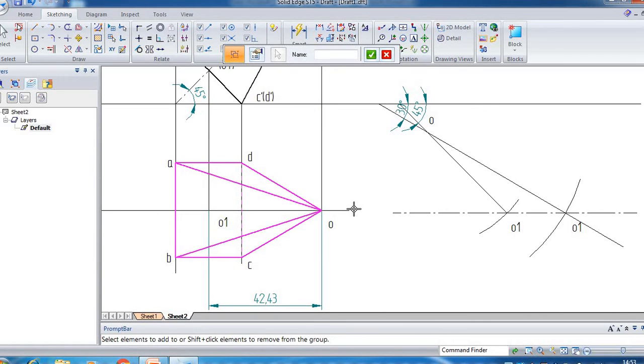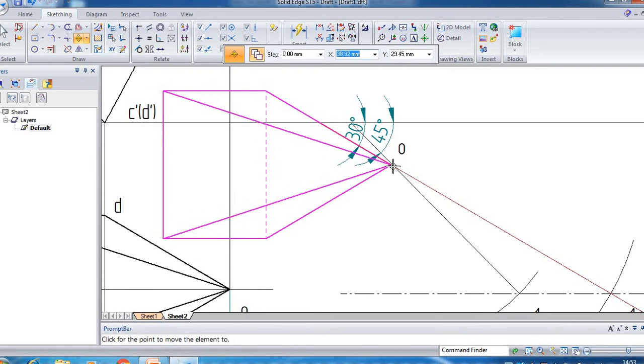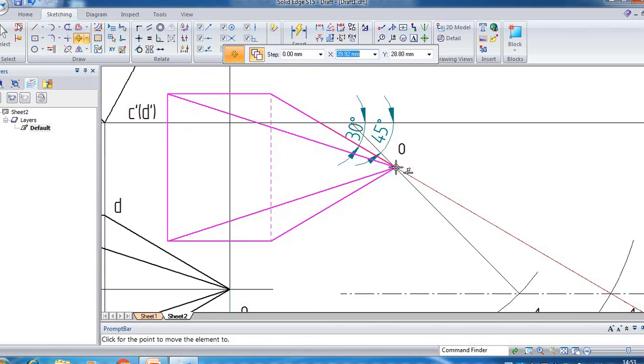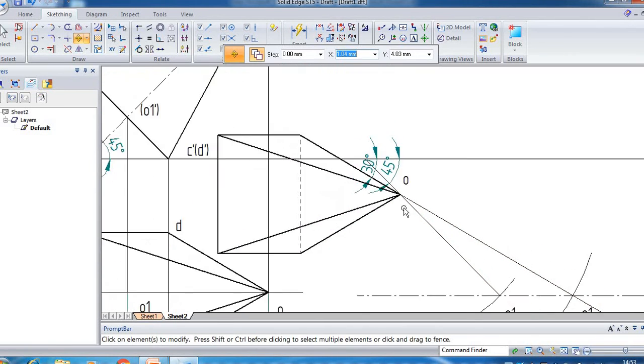After selecting, press enter on your keyboard. Then go to the move command. Copy should be on. First click anywhere. While holding, in the previous problem we held D or C, because our aim was to bring this edge onto that reference line, but here we need to bring this O and O1. So I will hold O as the point to move. You have to place it exactly at the intersection of these two lines. Look for the intersection symbol. Here you can look for either the intersection symbol or the center of a circle symbol.